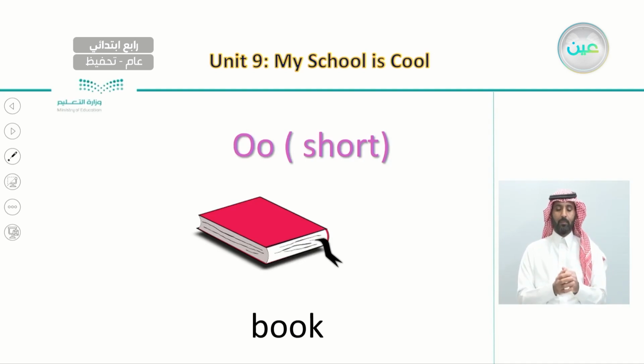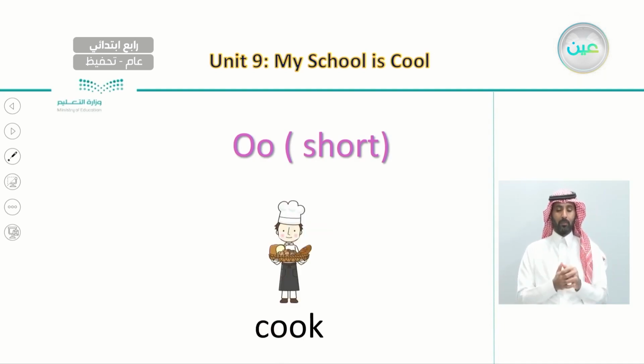Now, here we're going to talk about the two O's, but in a short form. For example, book. You see here the word book with two O's, but they are the short O. The same as cook. This is also a word with the short O's. Now we have other words with the long O's, like